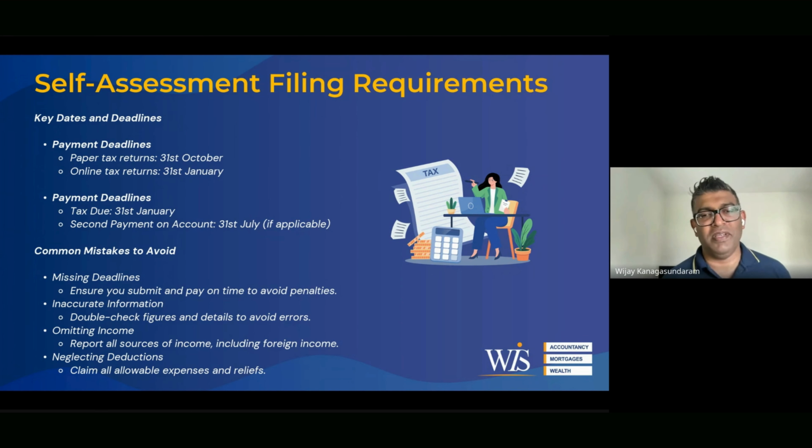Omitting income: people assume nobody's going to find out about foreign income because HMRC does not have the resources to do it, but that's completely wrong. For example, if you have income in India, India and the UK have something called a Common Reporting Standard, an agreement where they share data between both parties. So a lot of our clients have been getting penalty letters saying that you have income in India, but you've not disclosed that income in the UK. So it's very important you disclose those in your UK tax return.